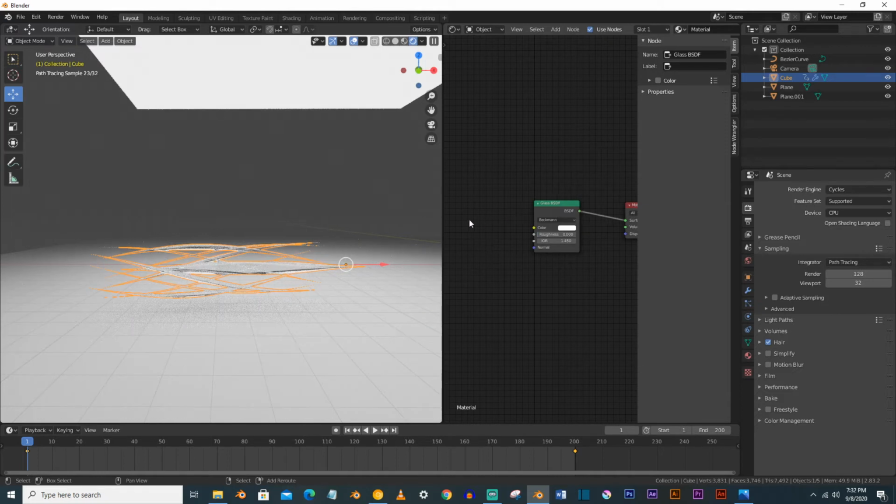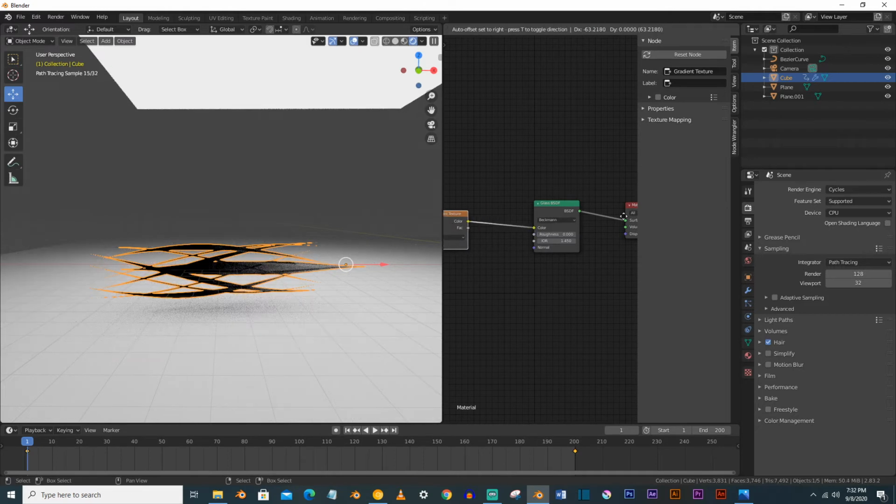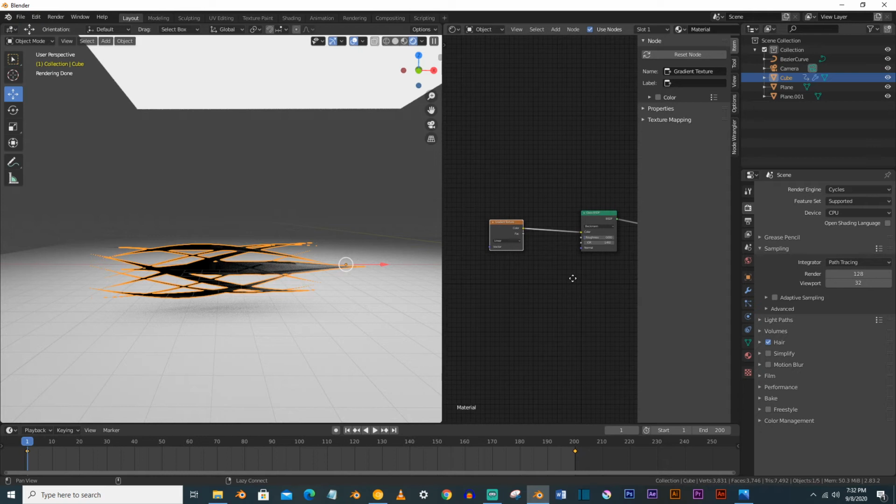And we will also make a gradient texture here, color to color, but for that we have to apply a color ramp also.